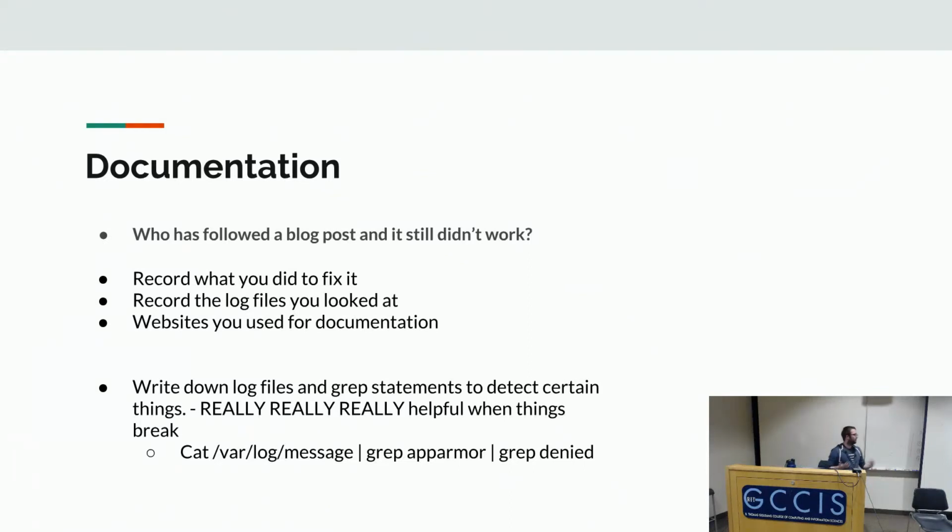Over the past couple of weeks since I implemented AppArmor, some things have been working and not working. Trying to figure out if it's AppArmor that's causing the problems or something else is a really great start. So I have in my documentation the log file where AppArmor logs to. And I'm telling it to look for all the instances in this log file that contain AppArmor and the word denied. What this can tell me quickly is whether AppArmor is my issue. If it's not, I'll move on to the next thing, but in the past couple of weeks it's been AppArmor that's been my problem. So this really helps me narrow down where the problem may be.